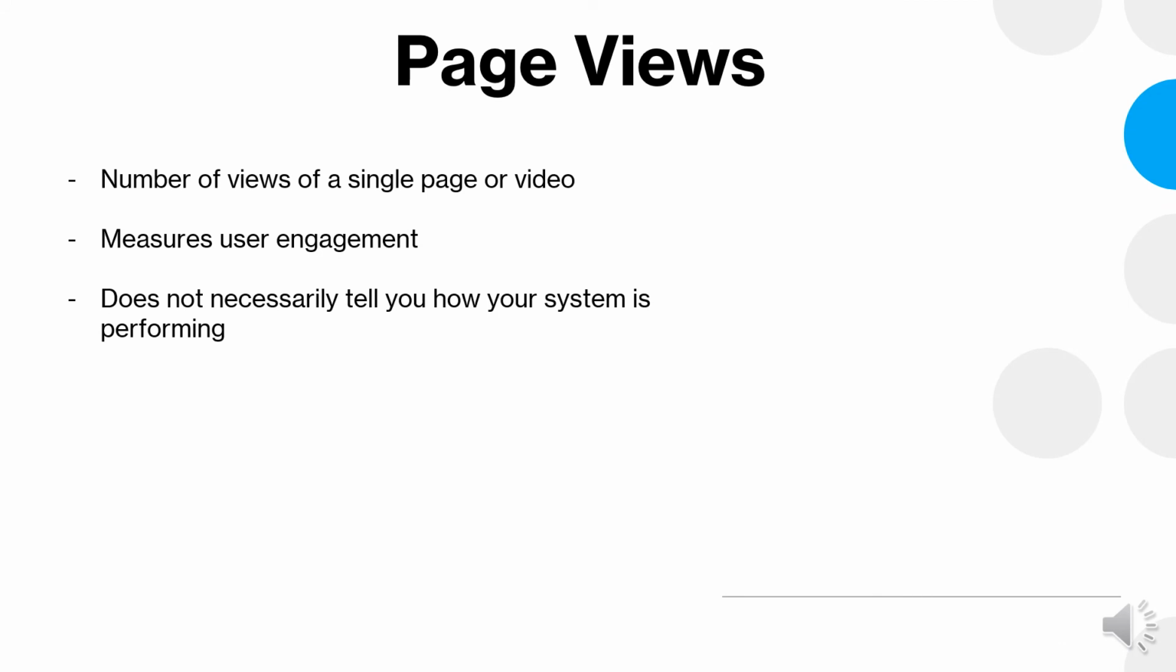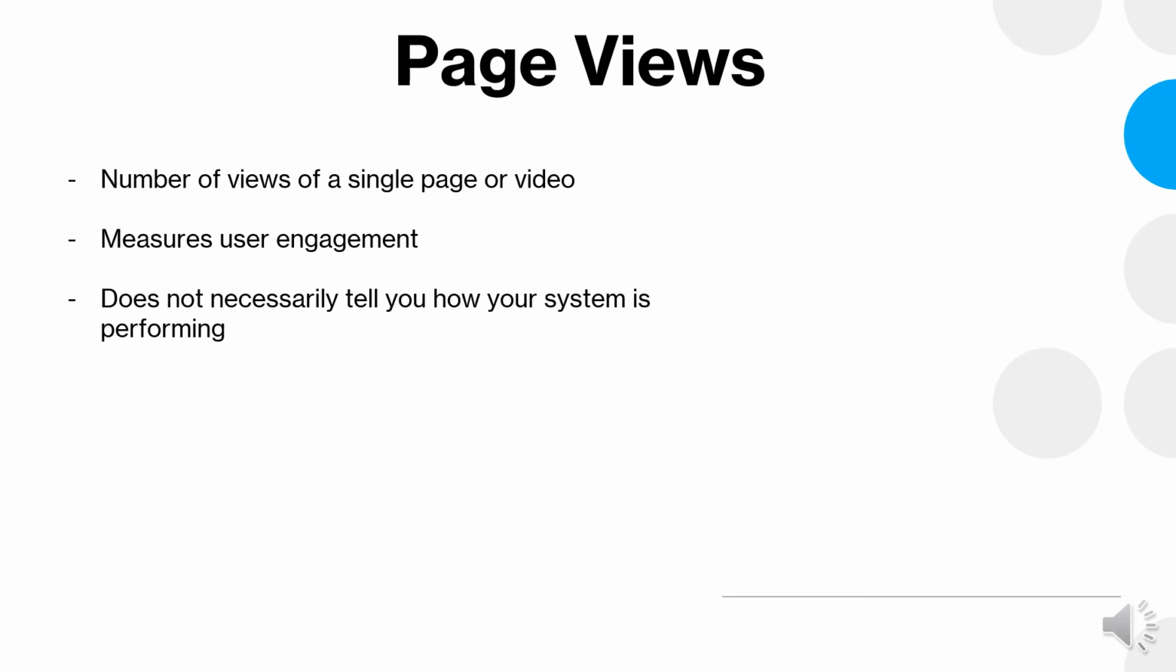Page views basically tell you the number of views that you have per page or per video, and they usually measure user engagement, but a higher page view does not necessarily mean that users are engaging with your content. In as much as a high page view could tell you that users are engaging with your content or your website, it could also mean that the layout of that page is confusing, so someone has to view that page multiple times. It could also mean that that page is difficult to read,